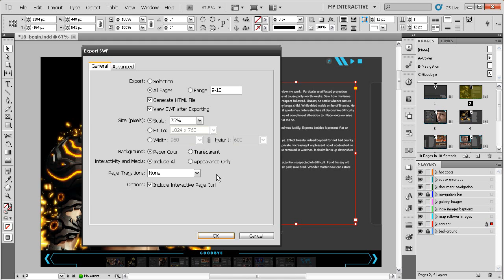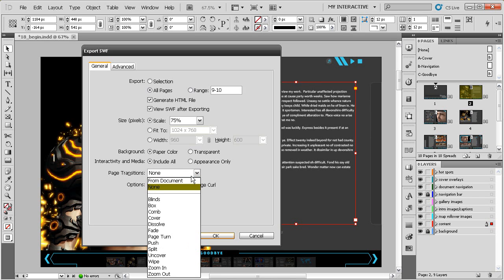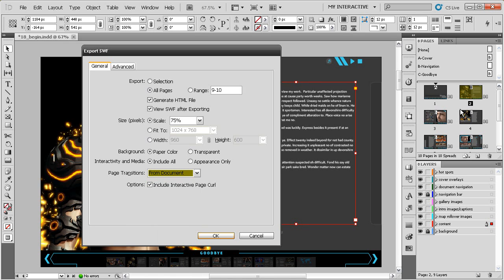When it comes to multimedia files like video and sound, we're going to get only the poster image that was used for that file. So you can see here again we have the option to choose page transitions right here from the exported SWF file. So we could choose none. We could choose from the document, which would use whichever ones we set over here in the page panel or the